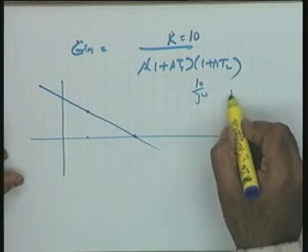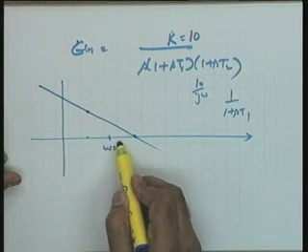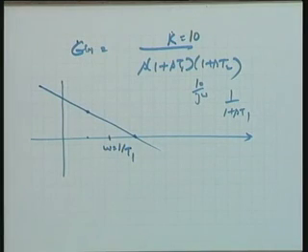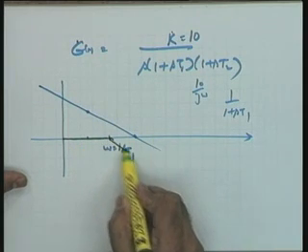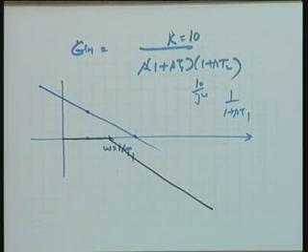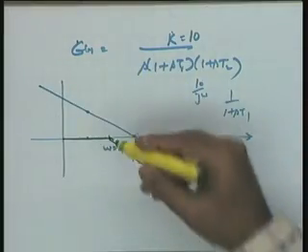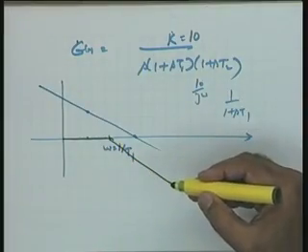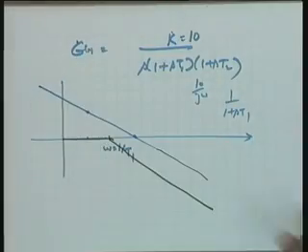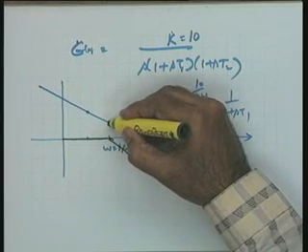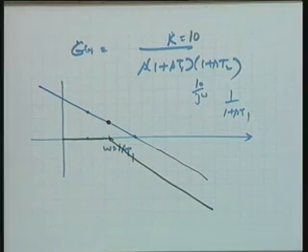Now, you can take 1 over 1 plus sT1. What is the plot of this? Assuming that omega is equal to 1 by T1 lies over here. You see, in this particular case, let me change the color over here. This is your plot as far as omega is equal to 1 by T1 is concerned, as far as this pole is concerned. Now, if you add up these two plots, please note that it is equivalent to changing the slope of the original line, which was otherwise valid for the entire frequency range, changing the slope of this original line at the corner frequency by a factor of minus 20 dBs per decade.